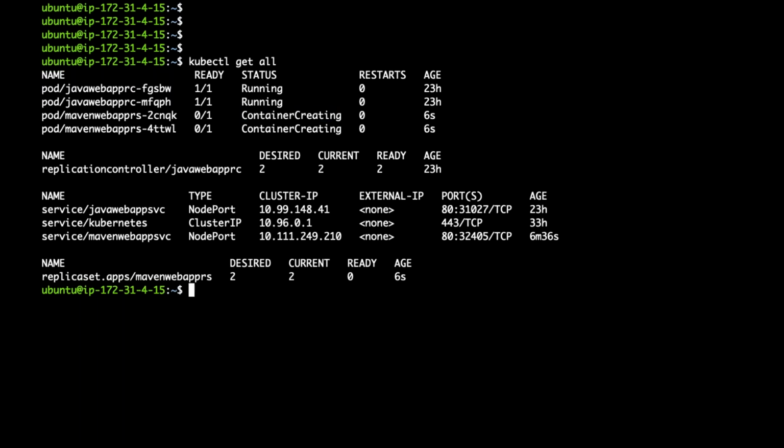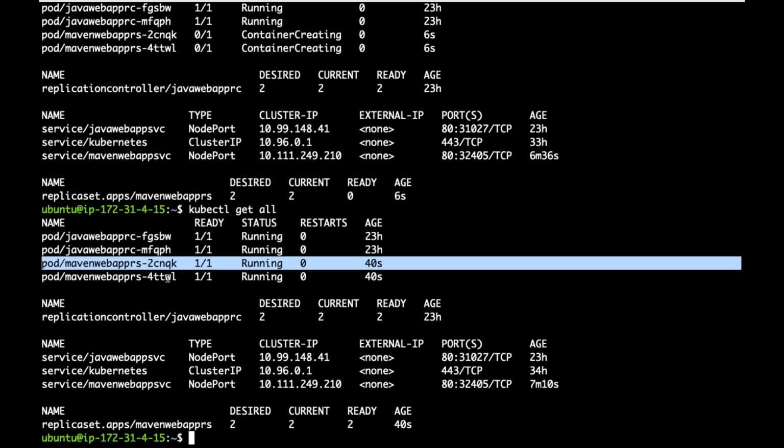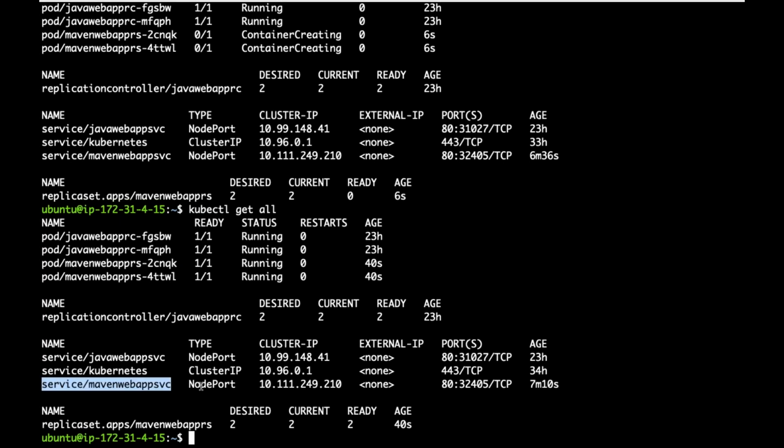Now with that image, it is creating the pods. Now my pods are up and running. Using this service, can I access it from outside using the node IP and node port? This port, node port,